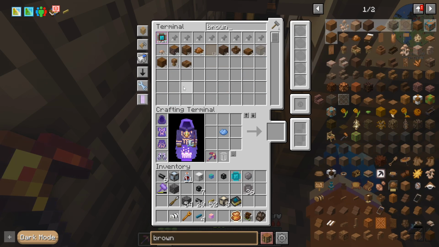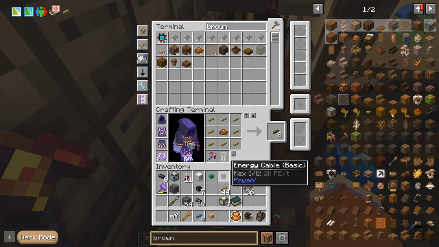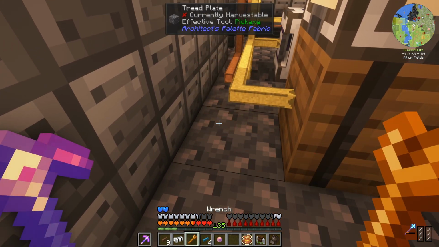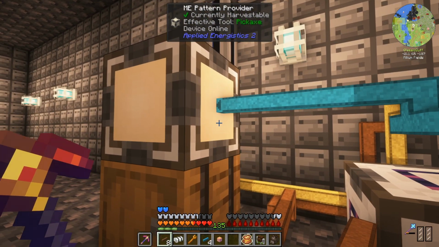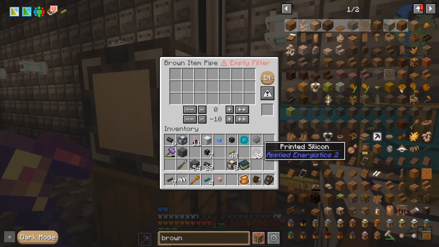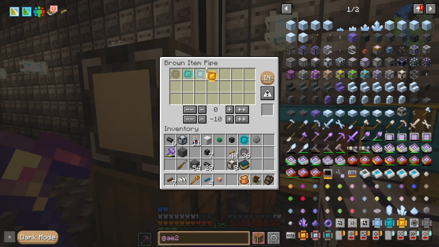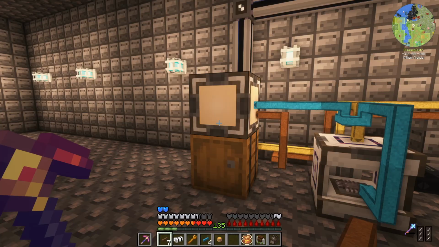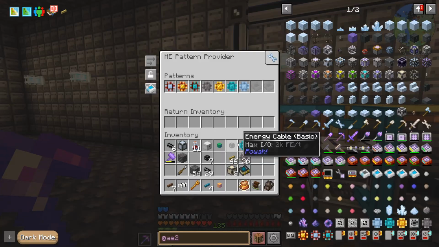I didn't know that that part of the craft had finished, which is okay. You need to insert all of these finished things into here. And then if it did that,